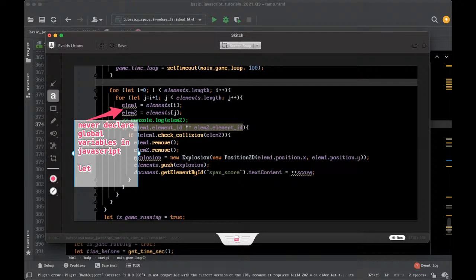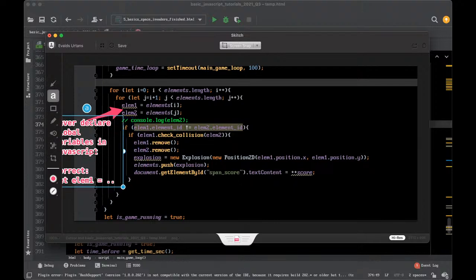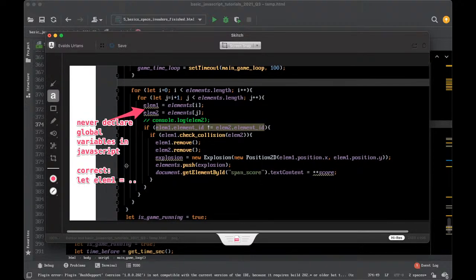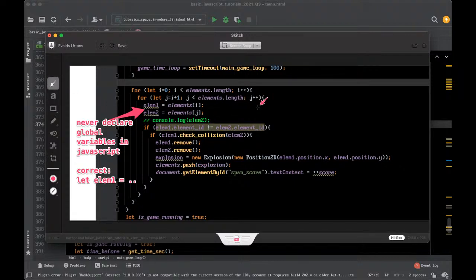So the correct way would be to let element1 equal something. So this is the correct way, to make it a scoped variable. Otherwise, this will be alive also outside of the scope, and this will cause huge problems. Then also